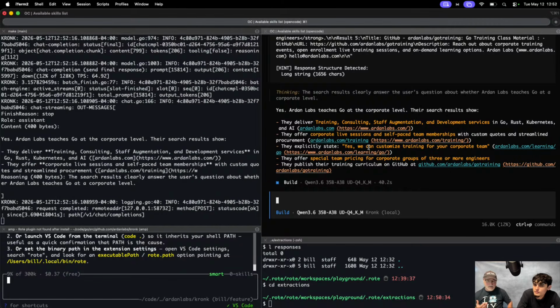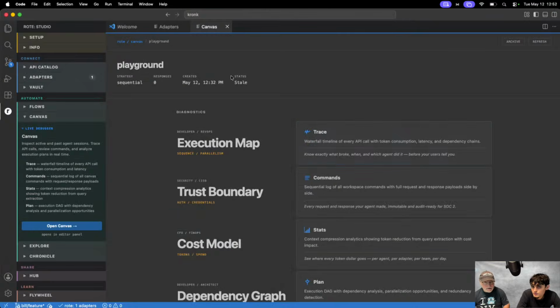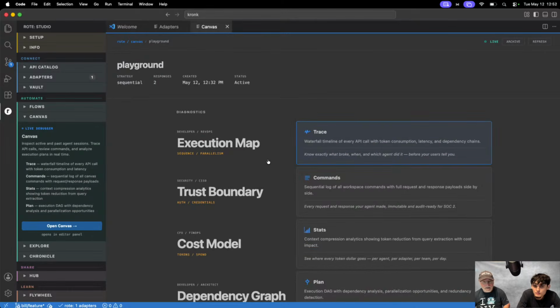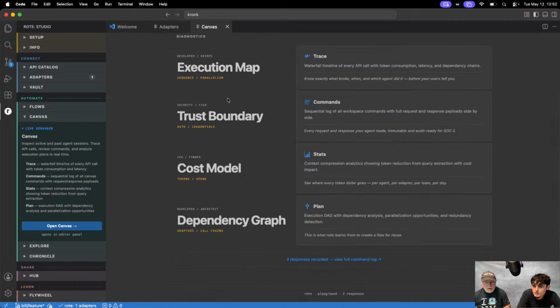And now I got back some information. Now, technically, I don't know how many tokens we used on that, okay? But now we've got two responses that came through this.